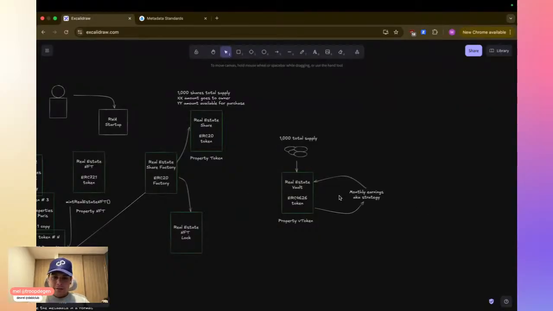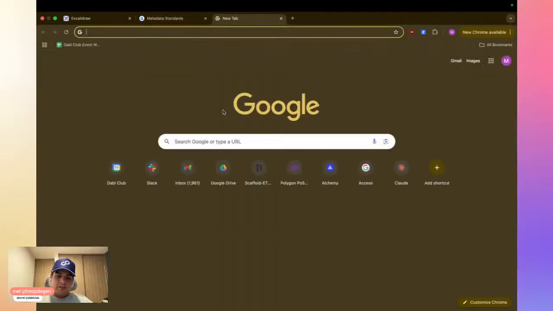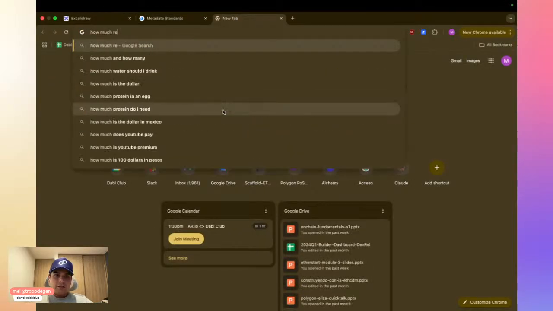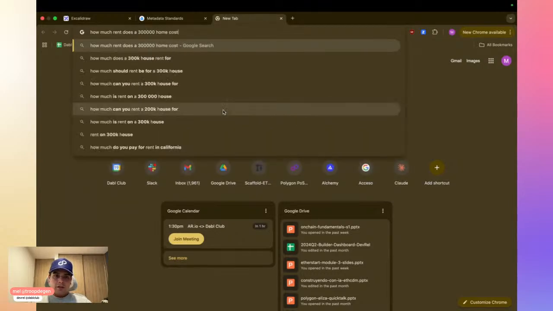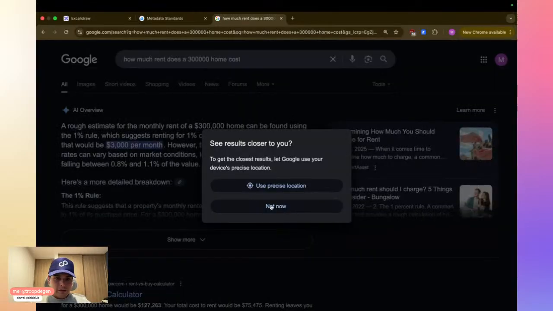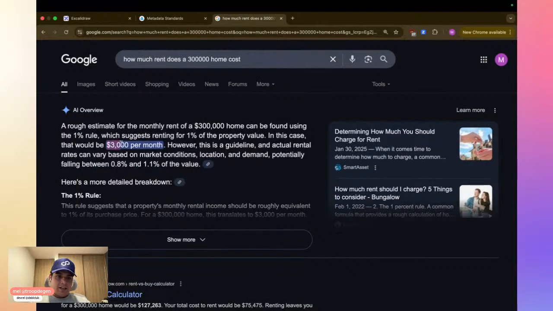So let's say it's a 300,000 home. How much does a 300,000 home cost? So let's say it earns $3,000 per month, 1%.